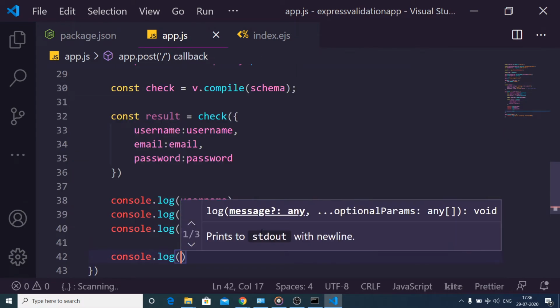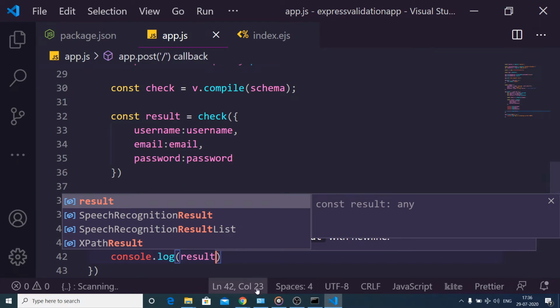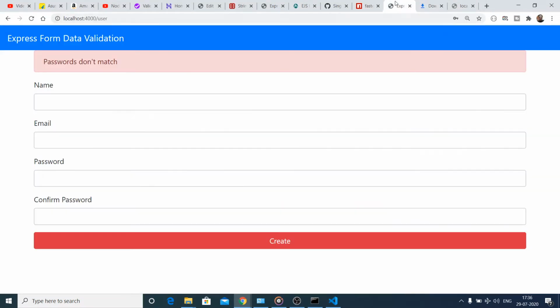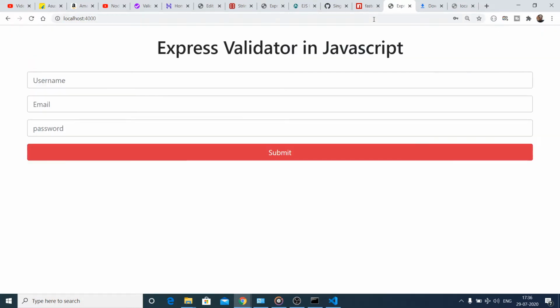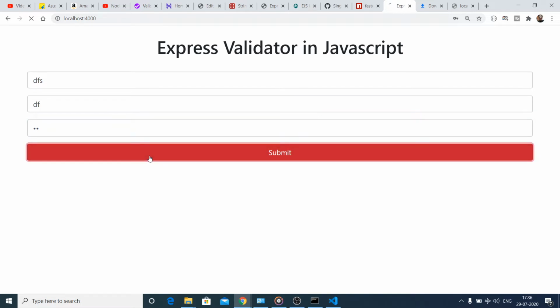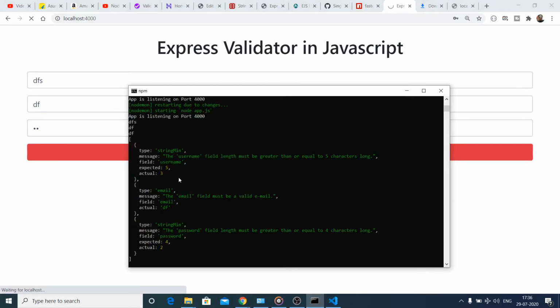Console log result. So if I relaunch this application on a port, this is the application, and if I type the username, the email is not valid, you can see that. If I try to submit it, I will get a response here.